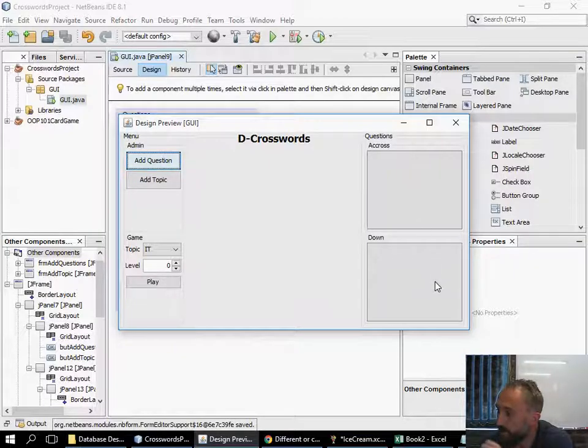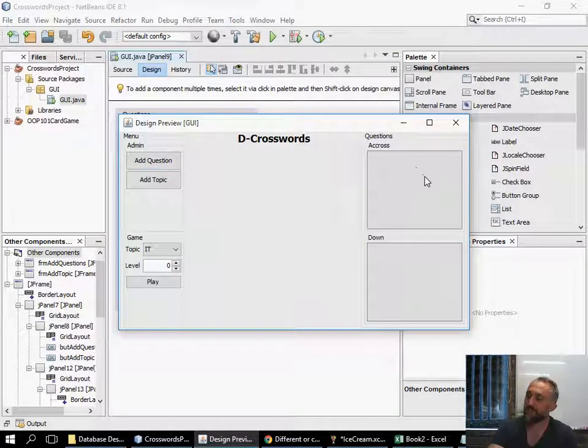So we've got our across and our down here, so we'd have our questions on this side, and then I can just use my toStrings and I just put enters between them to have the questions. It's uneditable by the user, so they can not click on these, they can't work with these. These will be generated, and then you can add that in your explanation here, saying that this is where the questions for the actual crossword that they're playing right now would work with. But this is your administration to add questions to topic banks and so forth, not to the specific crossword that you're working with, but to the overall topics and whatnot. Alright,